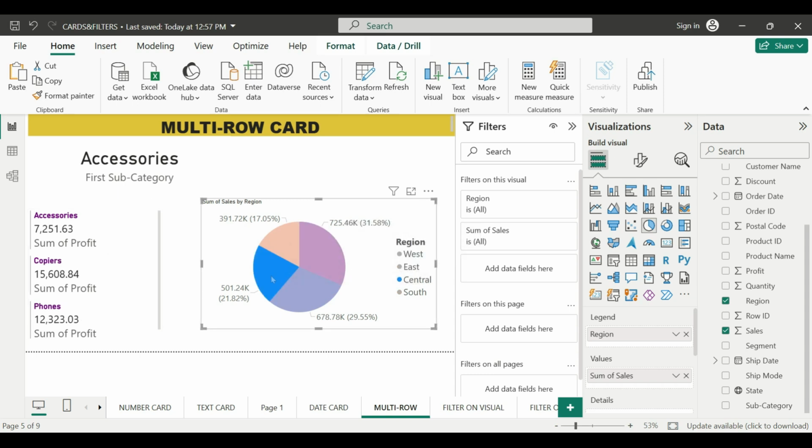If I click on Central, you can see the values are changing. So you can find out the top 3 profitable subcategories when you keep on clicking on any region. Not only this, you can change the chart, you can change the different fields over here and these values will keep on changing. So that's it. I hope you have understood how to create a multi-row card in Power BI.